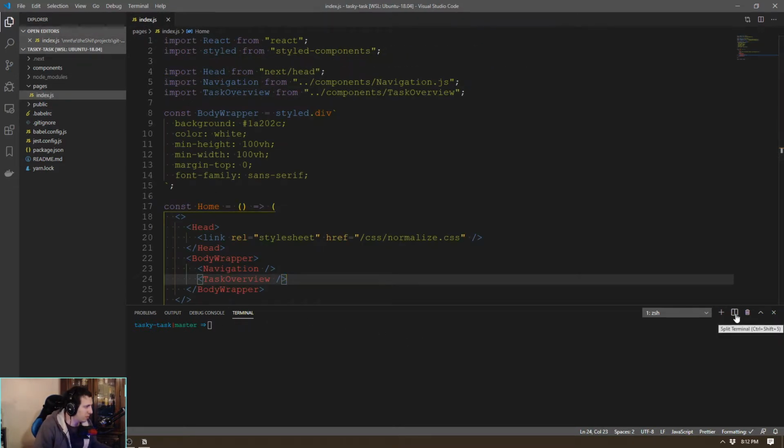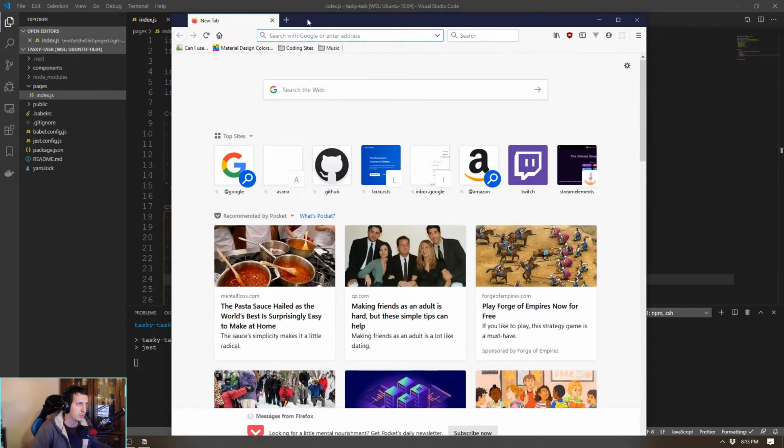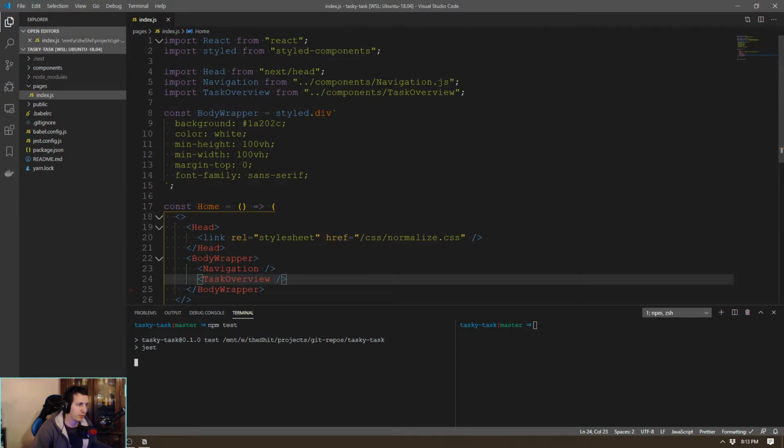What I want to do is split this, and then let me open up Firefox. You'd think I'd have my stuff ready by now? I don't. So if I do npm test or yarn test or whatever, actually I don't even care about this one. Let's bring this over here. It should probably be fine. I'm going to be doing some Googling today, but if I run the test, it runs the test, and then it's going to fail on me